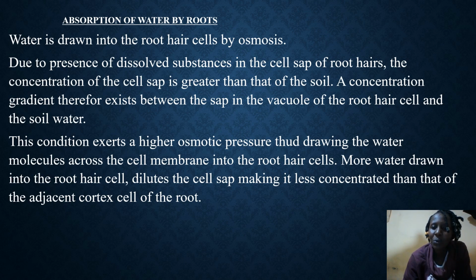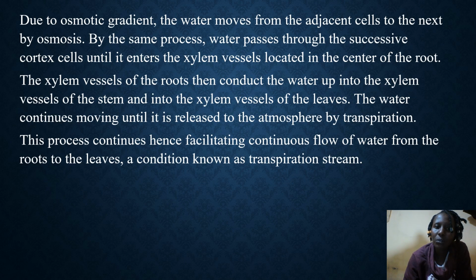More water drawn into root hair cells dilutes the cell sap, making it less concentrated than that of the adjacent cortex cells of the roots. Due to osmotic gradients, the water moves from one cell to the next by osmosis. By the same process, water passes through successive cortex cells until it enters the xylem vessels located in the center